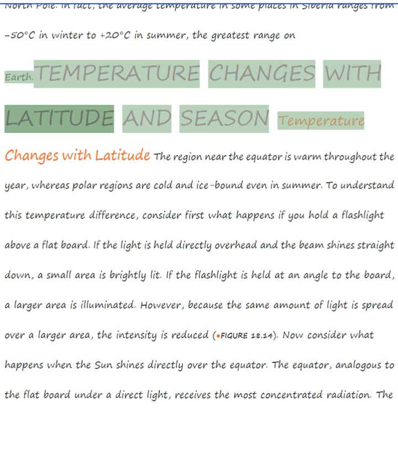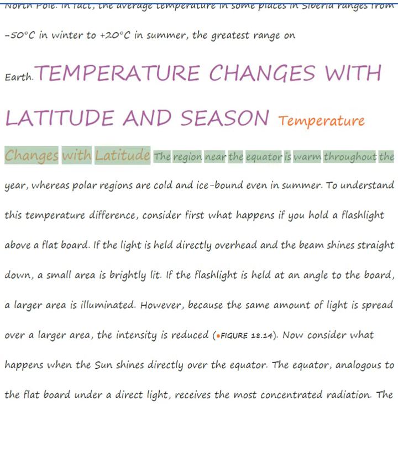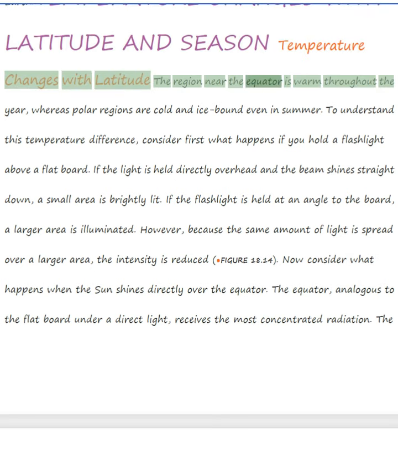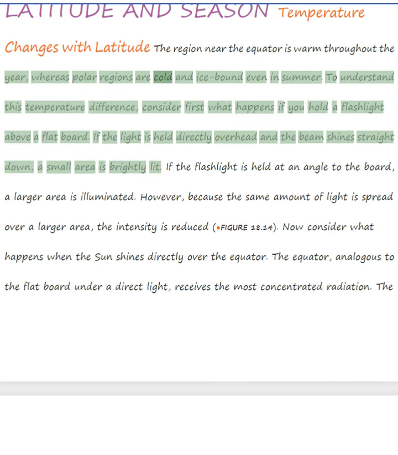Temperature changes with latitude and season. Temperature changes with latitude. The region near the equator is warm throughout the year, whereas polar regions are cold and icebound even in summer. To understand this temperature difference, consider first what happens if you hold a flashlight above a flat